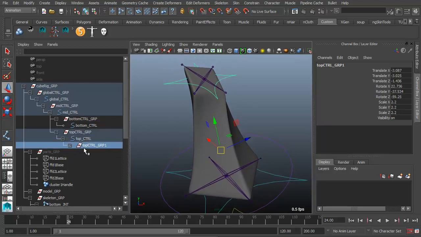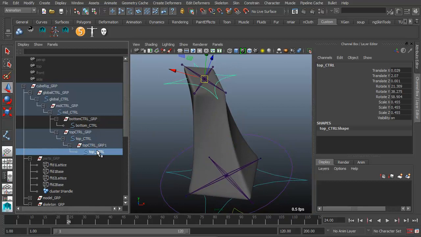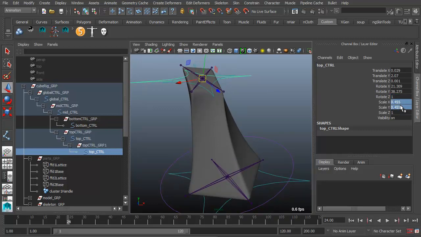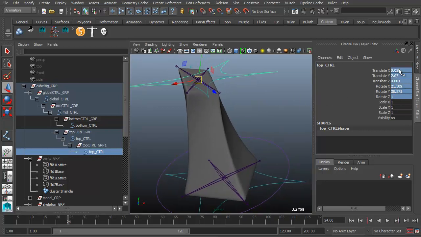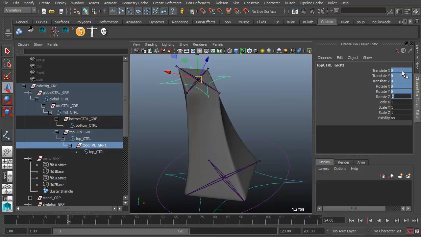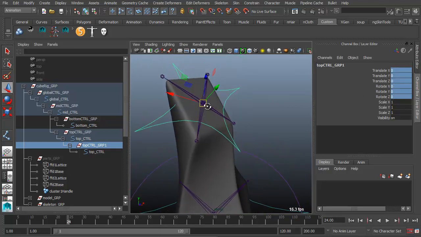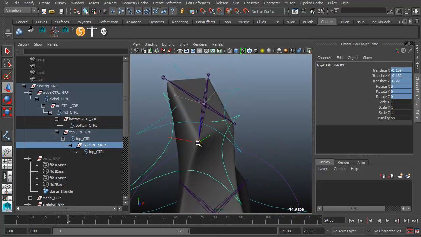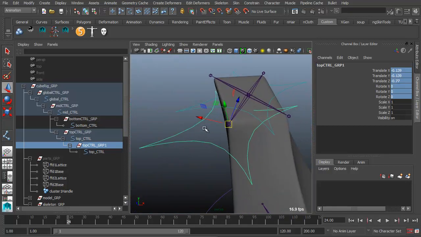If I do that, and do that underneath there, zero these out. So if I move that to here, for instance,